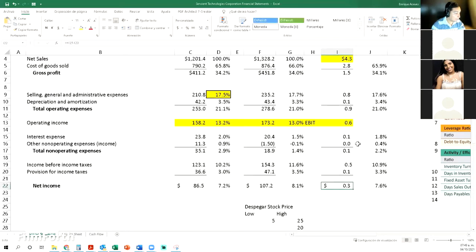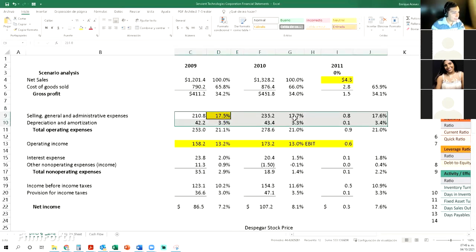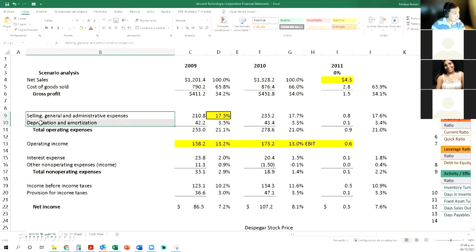So we can say that if we don't achieve 100% of what we are forecasting, we could potentially be at zero earnings. But that's not that correct, because we are basing our expenses on a variable component, and that's not that correct, guys. I just wanted to show you how to forecast, but at an expenditure level,